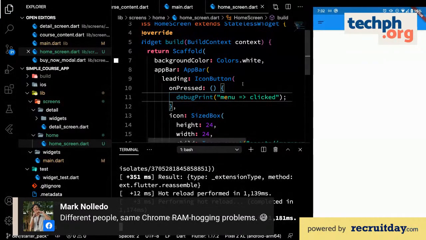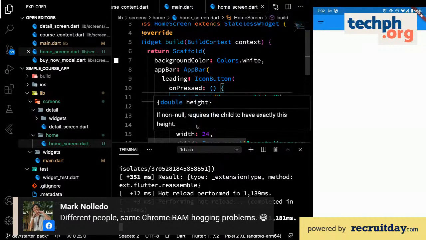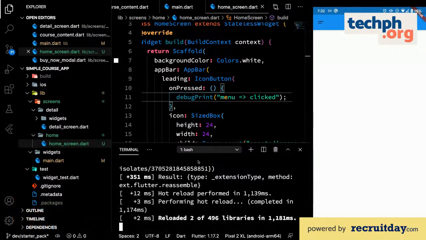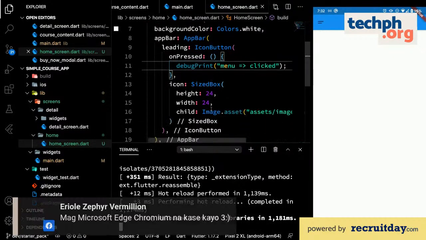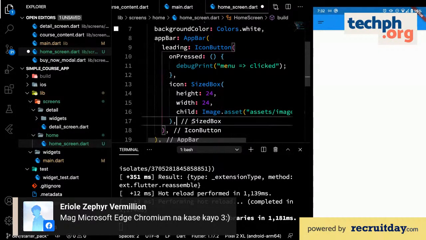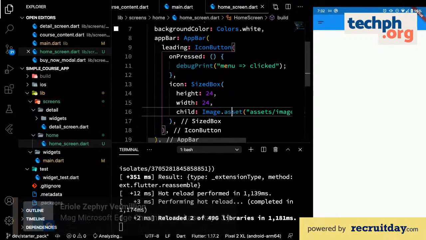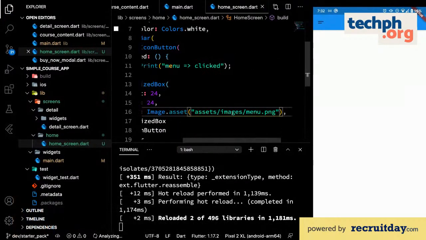Oops, at least, it's a bit fast. Different people, same Chrome, having problems. Right, Microsoft Edge. No, I just forgot to restart my laptop before starting. But pretty much I still use Chrome for a lot of things. But yeah, thanks for sharing Edge. I haven't tried the Chromium based one.